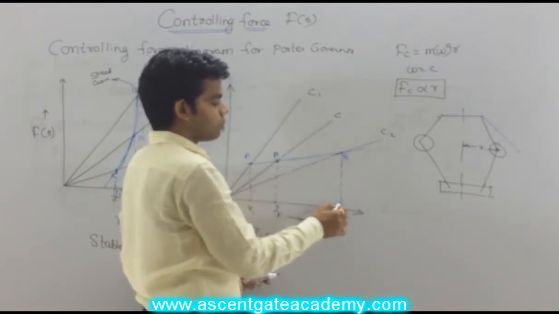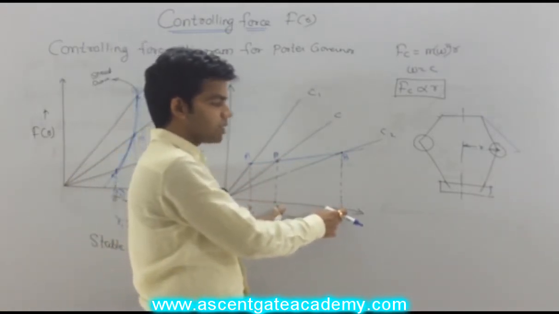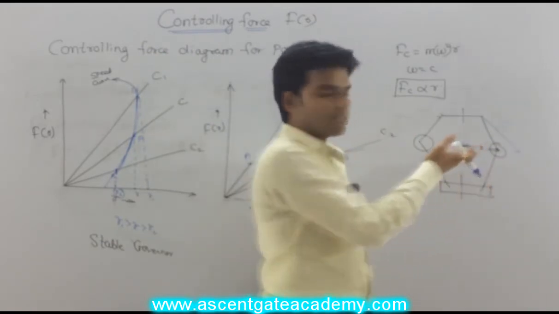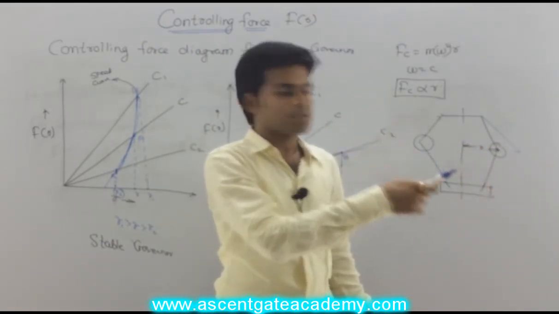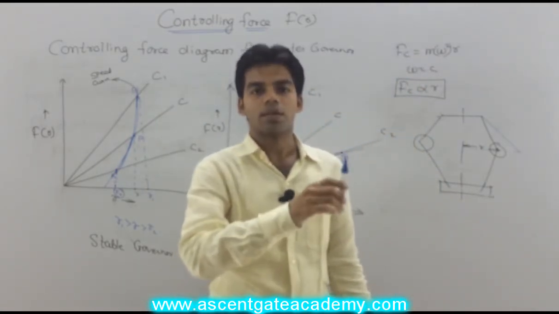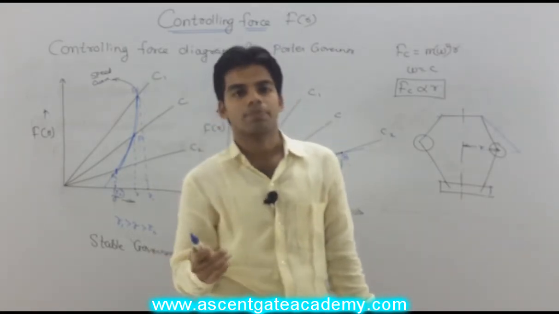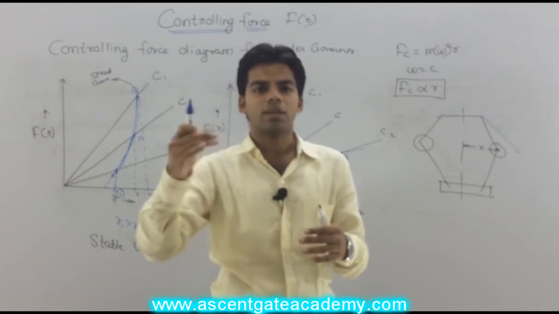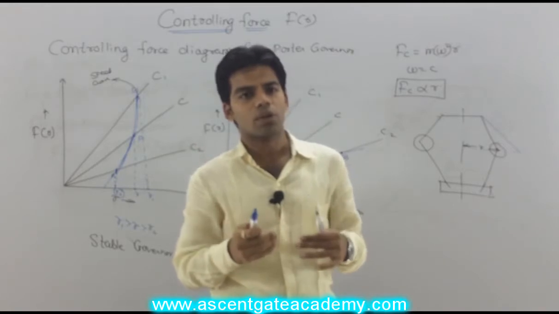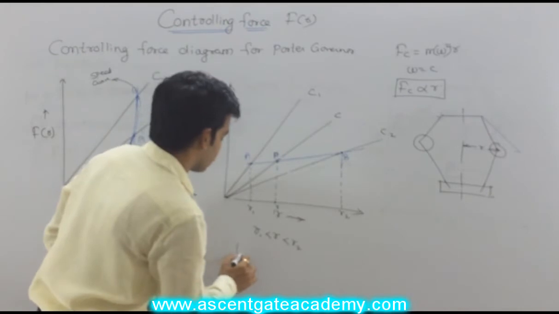Getting this? On the other hand, if the speed is decreasing, we are getting the equilibrium point at point B, and the radius is increasing. If the radius is increasing, this sleeve will rise, and the control valve will tend to close. If the control valve closes, less fuel will get inside the engine, which will further decrease the speed. So if the speed is increasing, it will go on increasing, and if the speed is decreasing, it will go on decreasing till it stops. Such type of governor is known as the unstable governor.